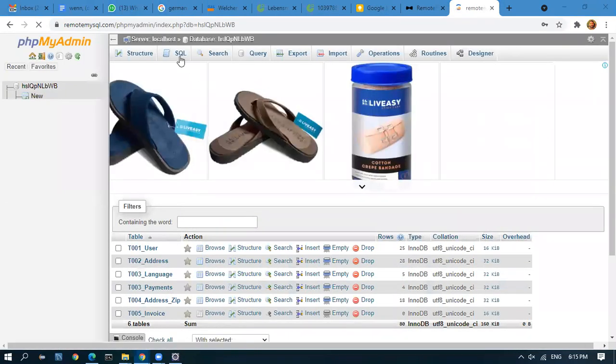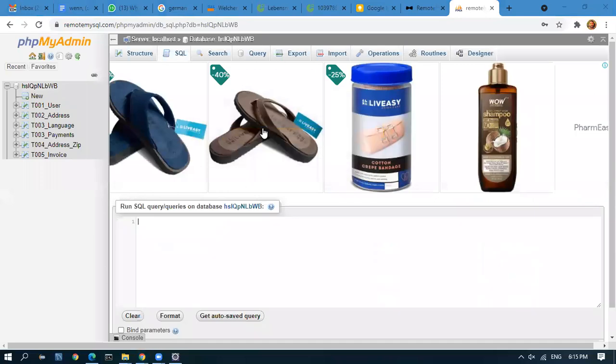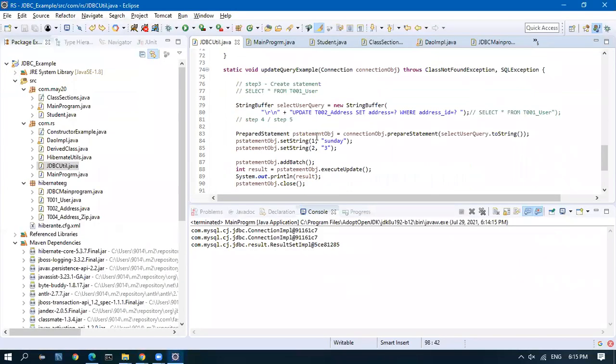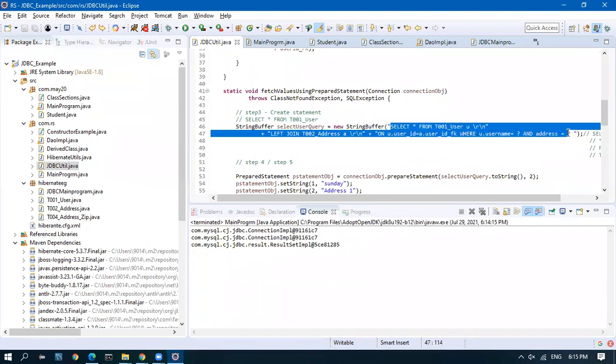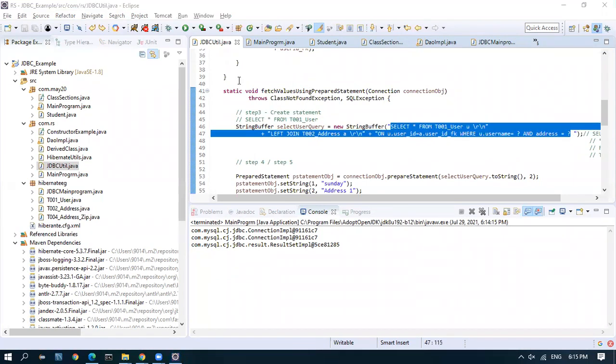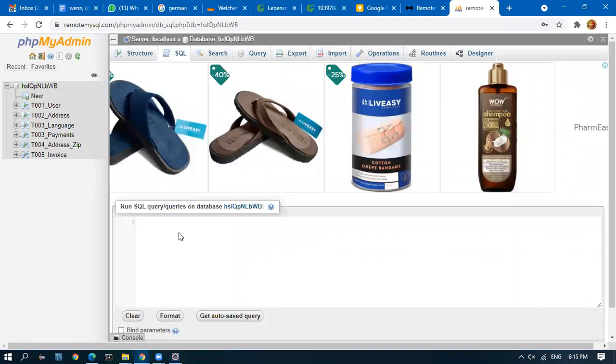Okay, now I go to SQL. I copy that query. So I have this query.